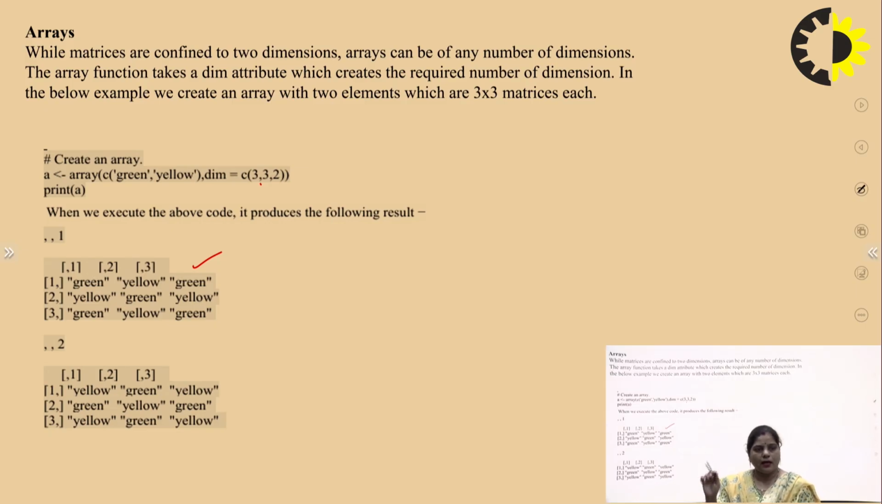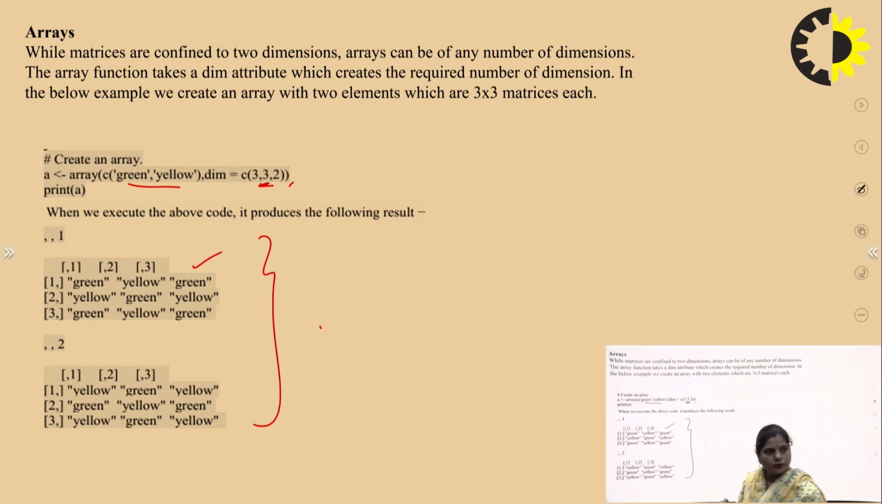Because I have already told that in this particular example we are having an array with 2 elements, which are 3 cross 3 matrices each. We are creating the 3 cross 3 array. These 2 are the elements, and the dim attribute is defining the required number of dimensions. So, 3 cross 3 represents the matrix and 2 is representing the